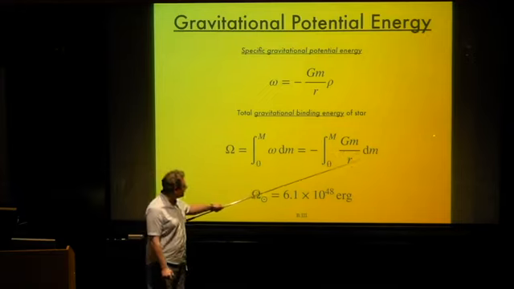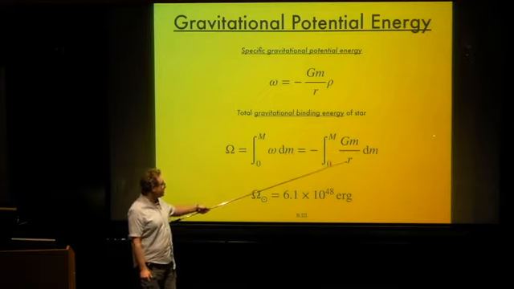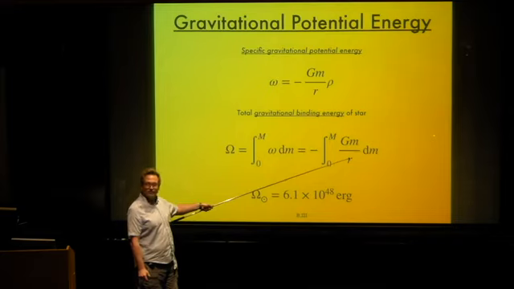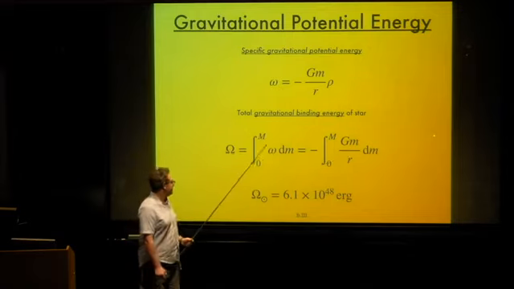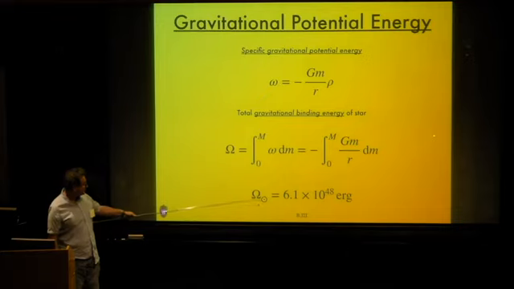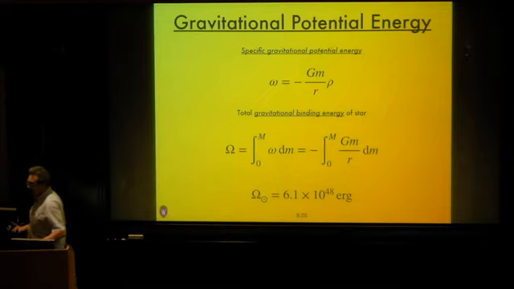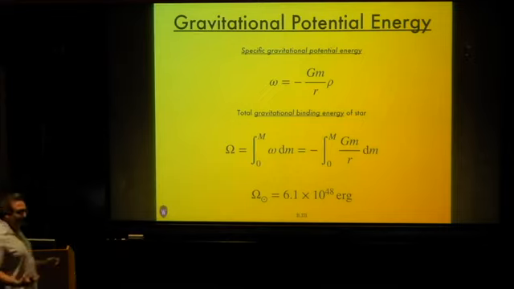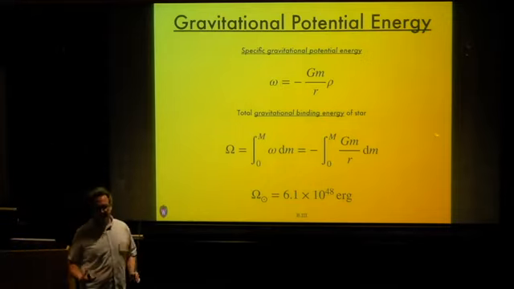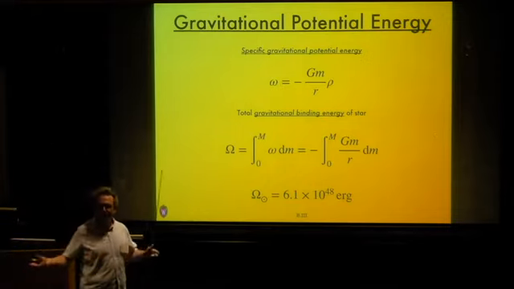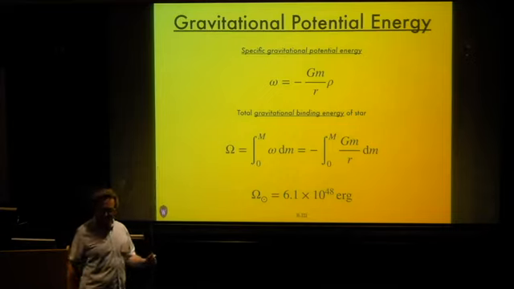And it's important to realize when evaluating this expression that the radius appearing in the denominator is an implicit function of m. We have to know, given a mass coordinate, what the radius of the material at that mass coordinate is. So for the sun, which is indicated with this fried egg here, the total amount of gravitational binding energy of the sun is about 6 times 10 to the 48 ergs. So that's how much energy you would basically have to inject into the sun in order to scatter its material to infinity. Yeah. So I think there's not like a hard surface to the sun,